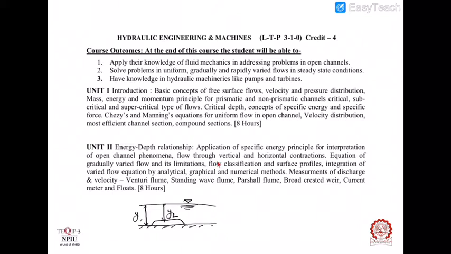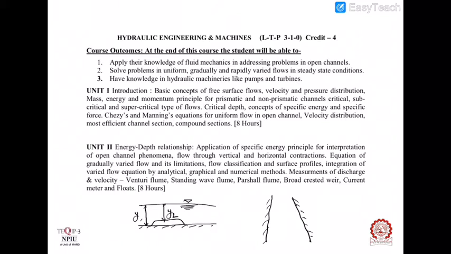And flow through horizontal contraction. Horizontal contraction means, suppose this is a top view of the channel, and if we are changing the width of the channel, then this type of change is called horizontal contraction. This is a side view and this is a top view of the channel. This type of change in the channel is called transition. This is a vertical transition, this is a horizontal transition. So let's start the topic of transition.